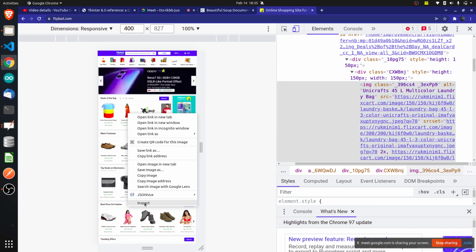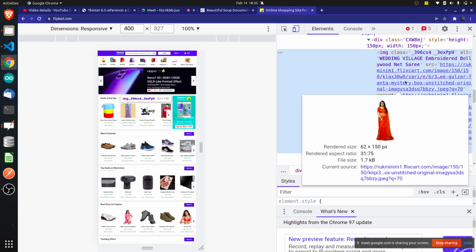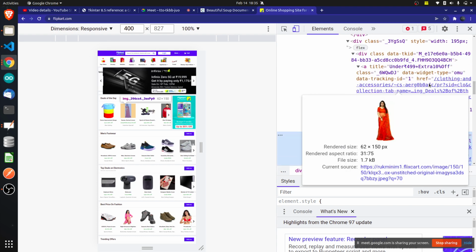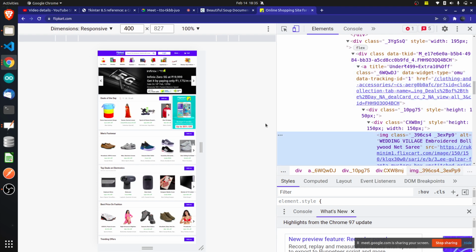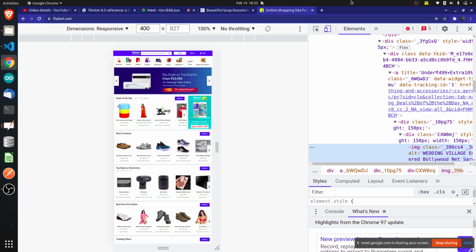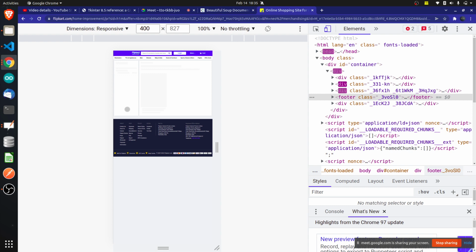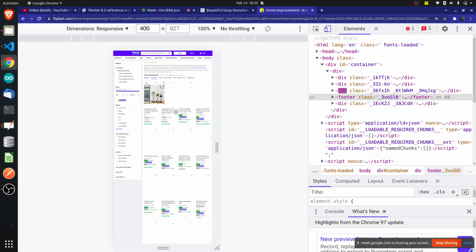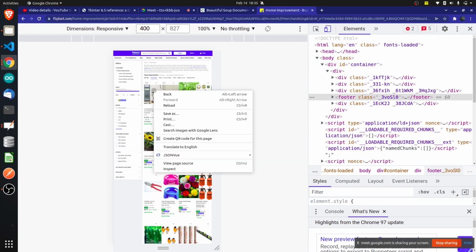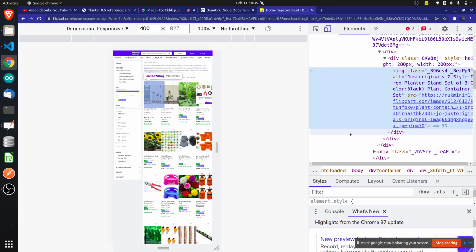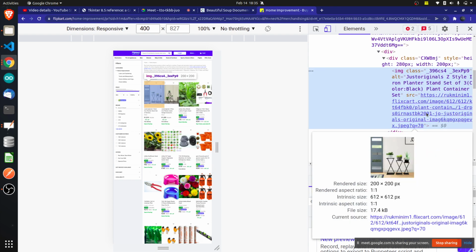This one is also the same. I think this is the same because this is built in React or some front-end framework. I'm sure that it is built in this language, so it is the same. Or else for a normal website, it will not be the same.